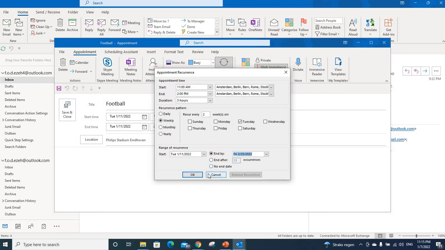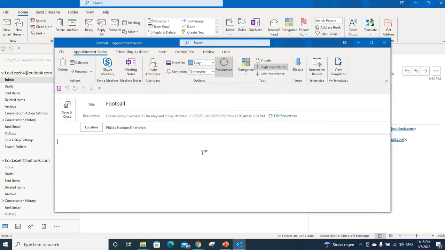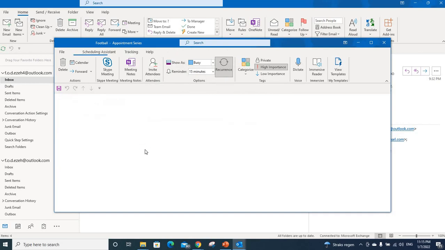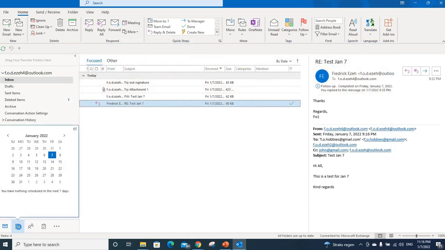But let's try out with this. And you can also say, well, if it's not only Tuesdays but maybe Fridays, you can include Friday. So, and you can set it up. It can also be monthly, it can also be daily, but it's up to you. So if I say okay, and I then put save and close, I can go to my calendar,